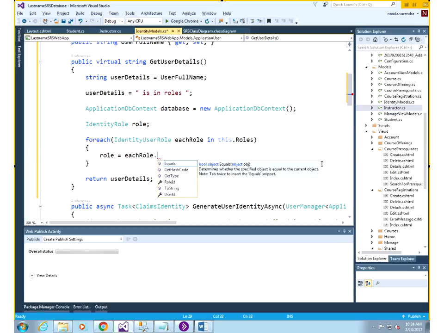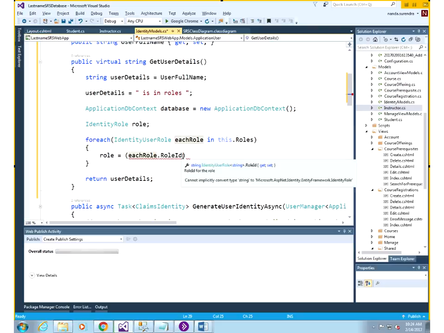So I need to find each role dot role ID. Now this is just the ID of the role in which the user is. So if the user is in 2 different roles, we'll get 2 different IDs. But the names of these roles are not accessible to us. They are only accessible on the